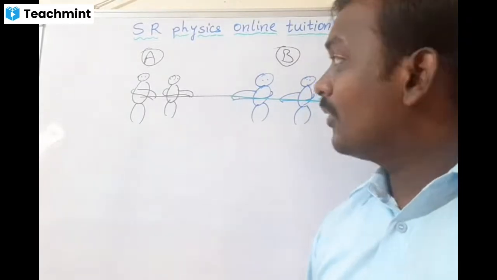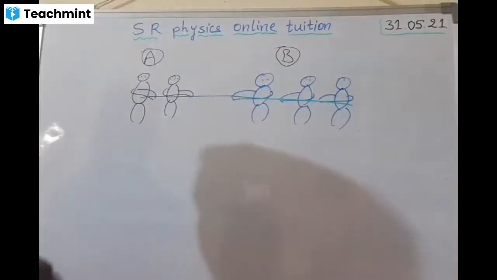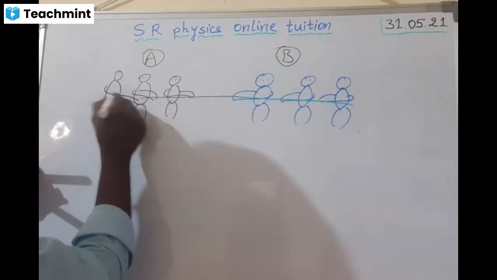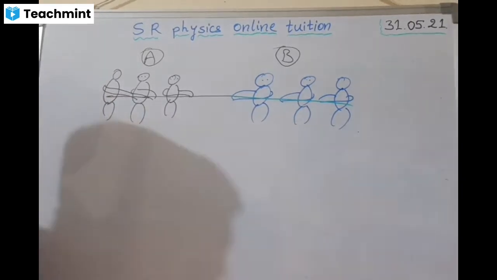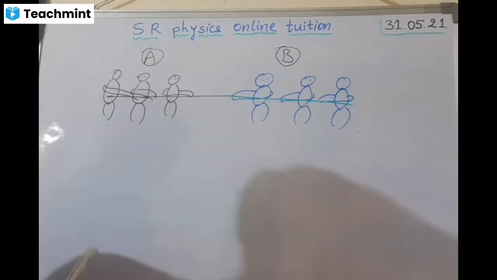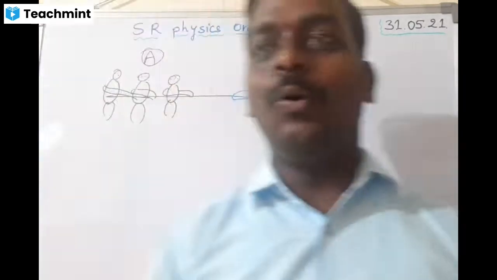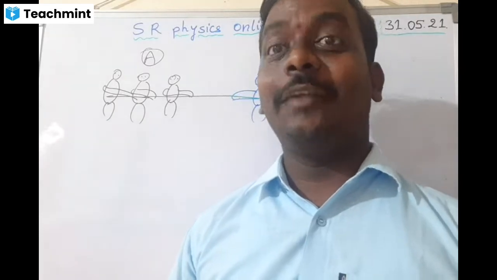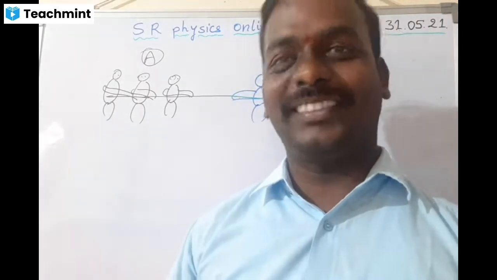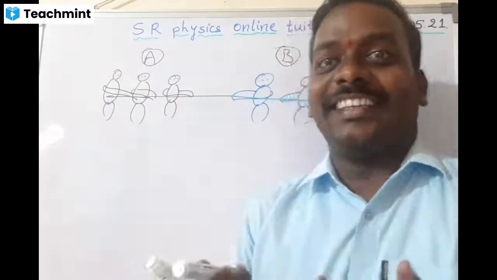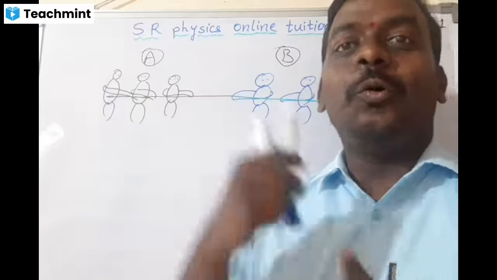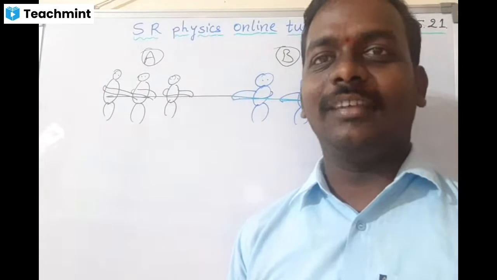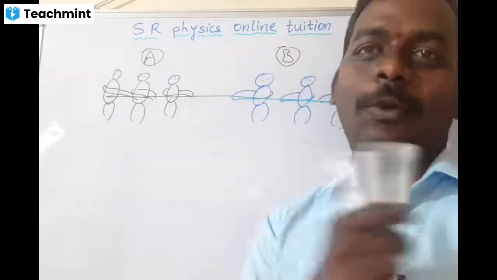So here, if I add one more person here, and one more person here, who will win? Because it's an unpredictable thing. It depends upon the strength of the persons. Very good. We can't say who will win. It is a probability. In mathematics, we call it probability. So winning chances can be predicted by using probability.